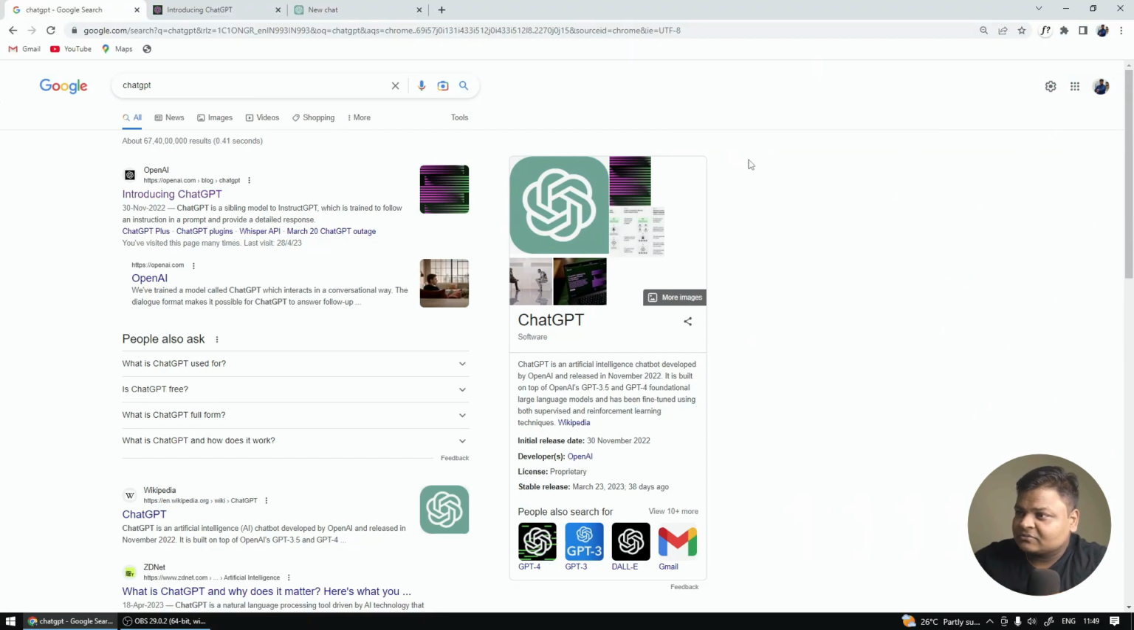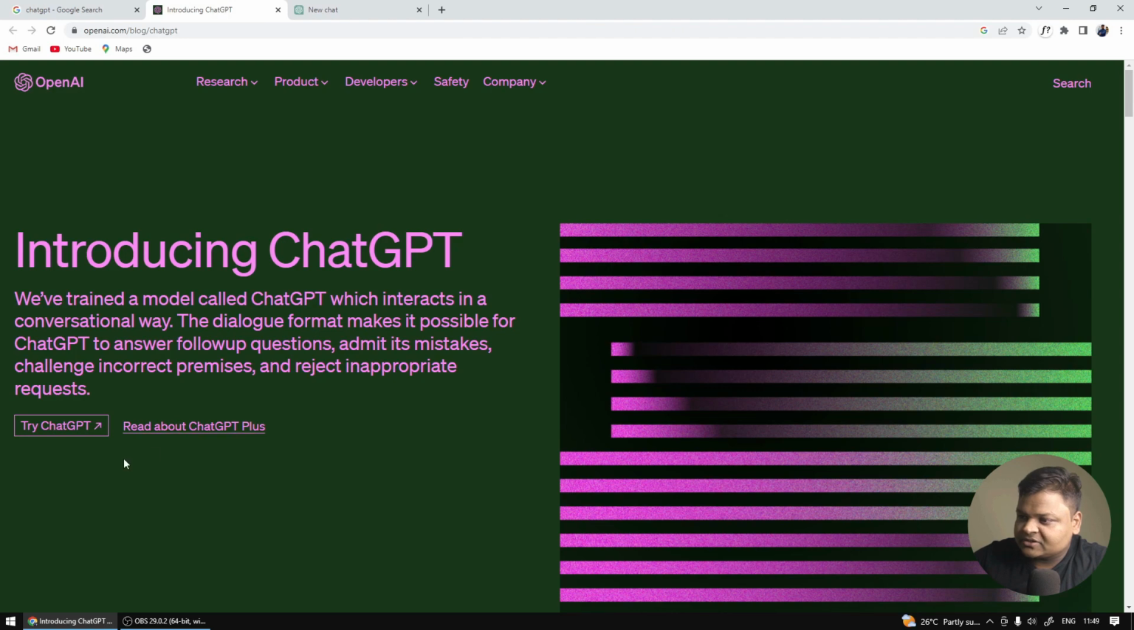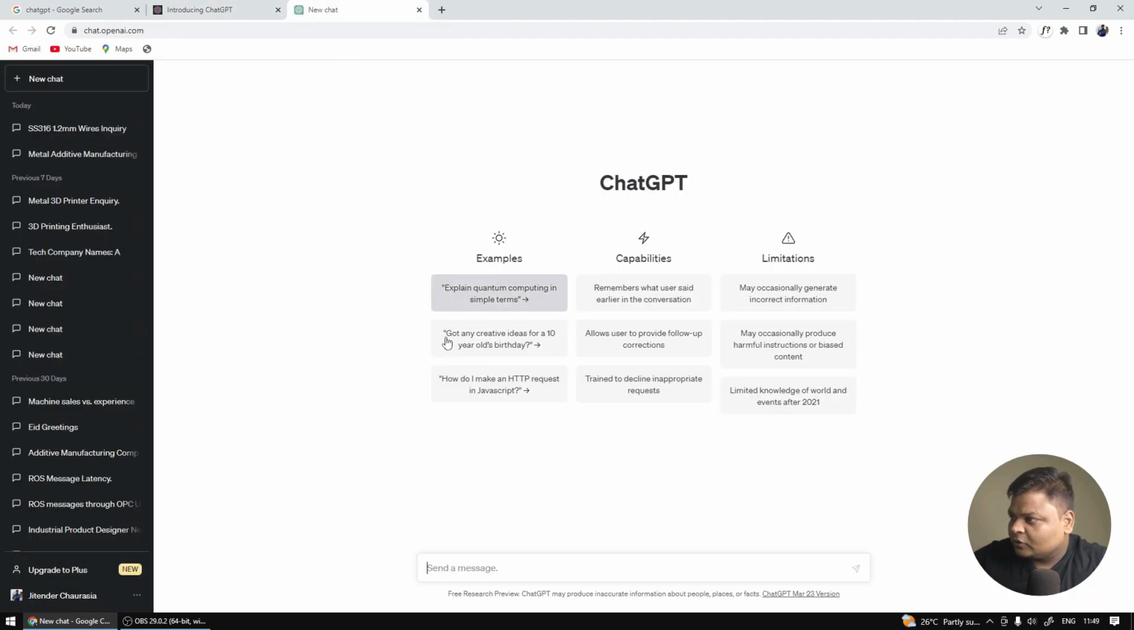So what you have to do is just type in ChatGPT, come to introduction to ChatGPT, and you'll end up with something like that, and then click try ChatGPT. Now you will be having something of this sort. Now here you need to just type in